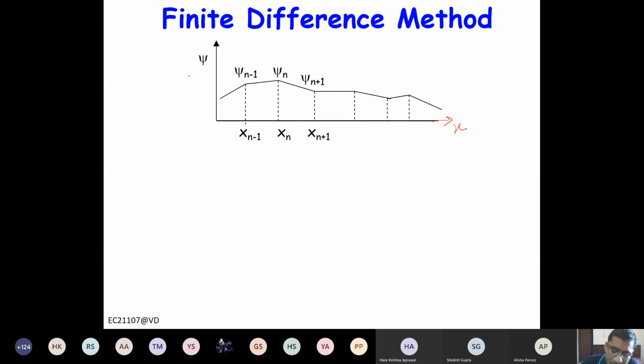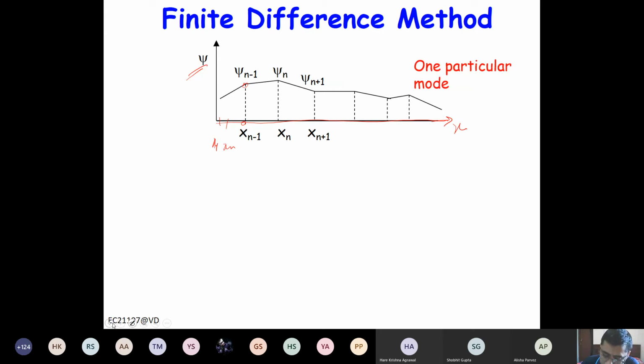So this is the x-axis and this is your wave function. The first thing we do is discretize the space. So this is x1, x2, similarly xn, the point xn plus 1, like that. At each x, we have the value of psi, and then we have to calculate. First of all, we discretize the x-axis, and we know these values x1, x2, because when we solve on a computer, we don't get an analytical expression. We get the values at different axis points.